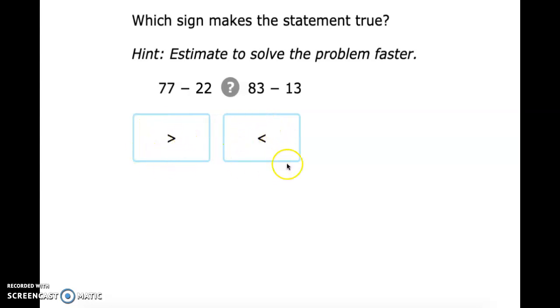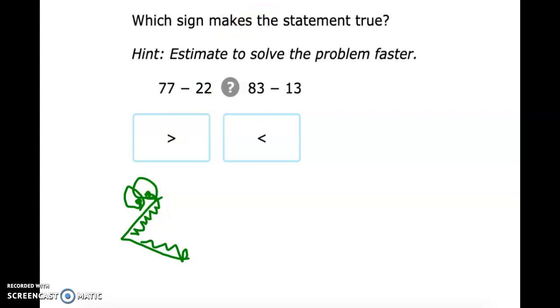Greater than, less than. If you're not sure what those signs are, how about thinking of them as nothing more than an alligator? And that alligator, its mouth is open and it wants to eat the greater number, the bigger number. So that alligator's hungry. It definitely wants the greater number. Okay, so